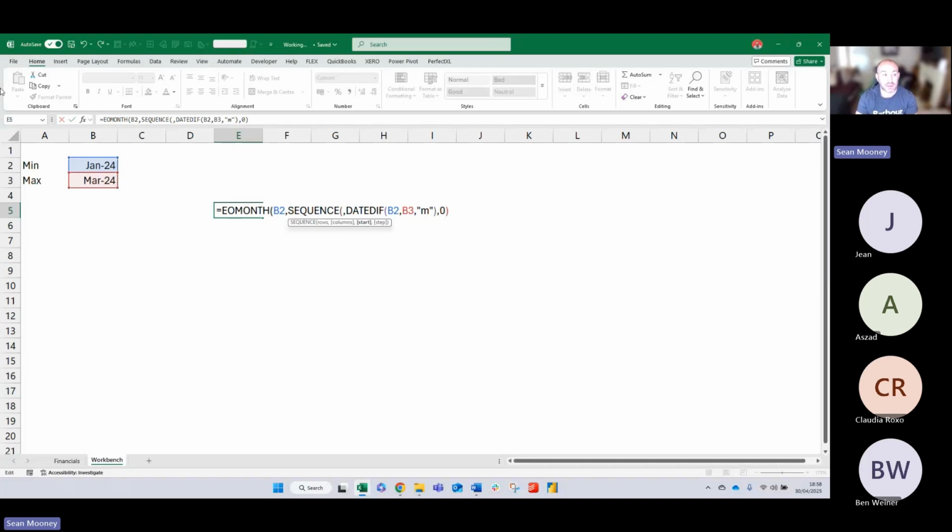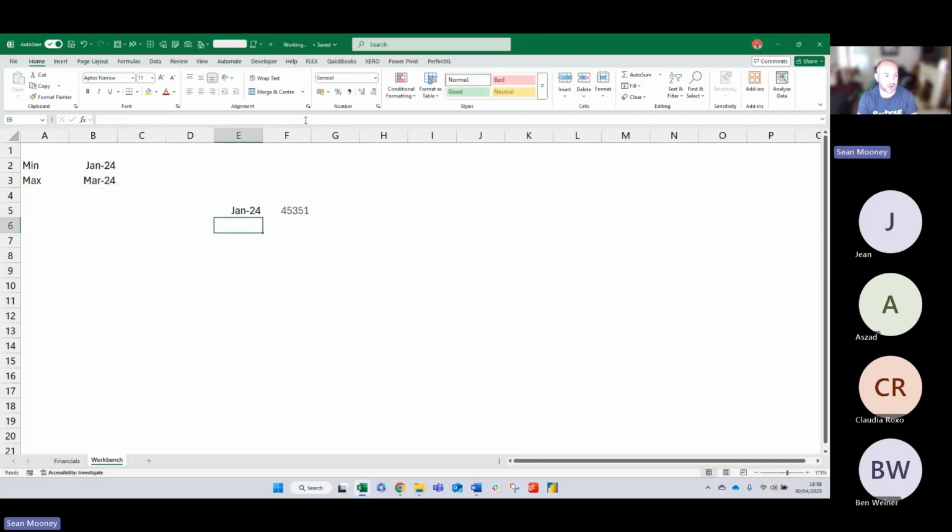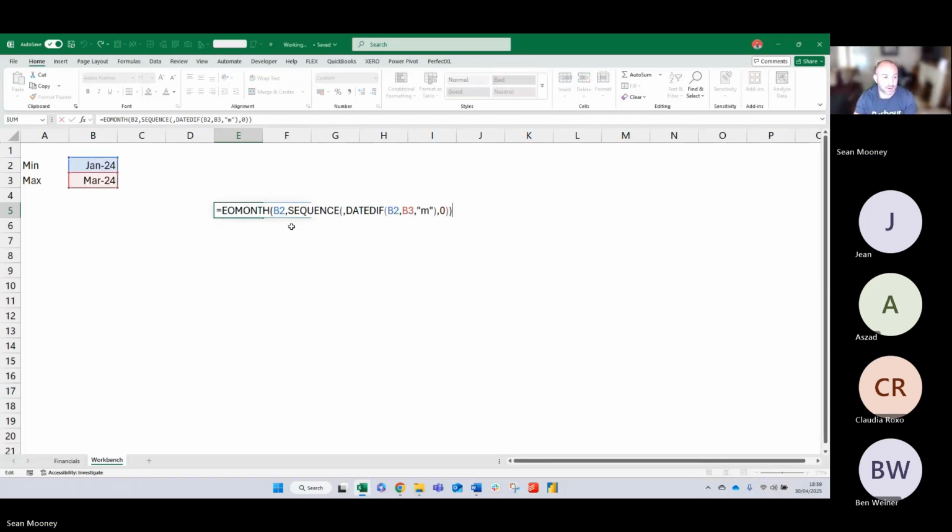Now that's going to give us something that we don't really want. If I close the brackets there, you can see it's only given us 2 months. And the reason for that is your first month's January, your last month's March. So Feb, March is 2 months. So we always want to